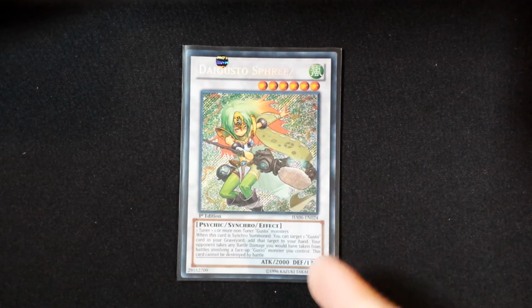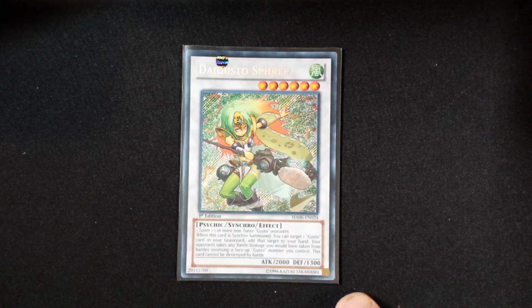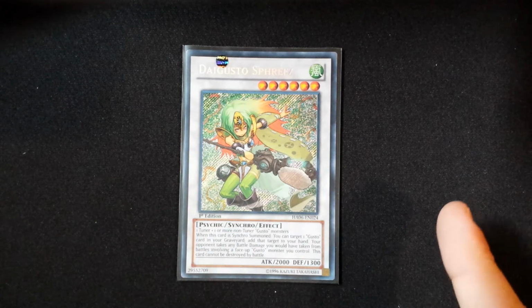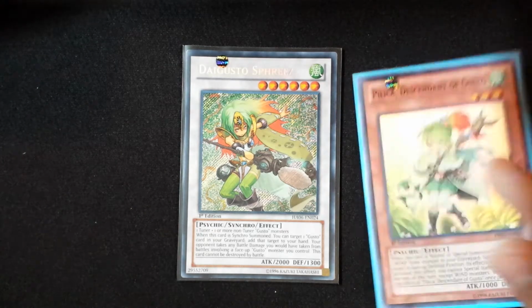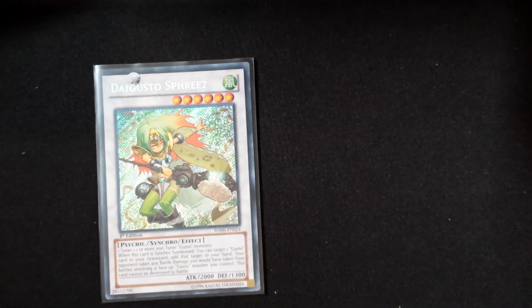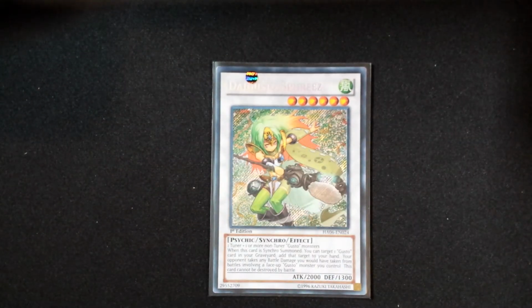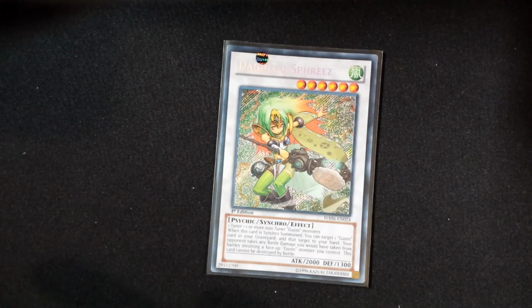Then she can't be destroyed by battle, and any battle damage you would take involving a Gusto monster is instead inflicted to your opponent. So say your opponent has a 4k beater on the field, and you have a Freeze and this one out. You attack with Pilica, this gets destroyed and your opponent takes 3k damage. You attack with a Freeze, this isn't destroyed and your opponent takes 2k damage. Freeze can be a really nasty card because